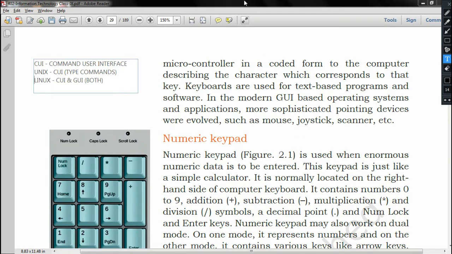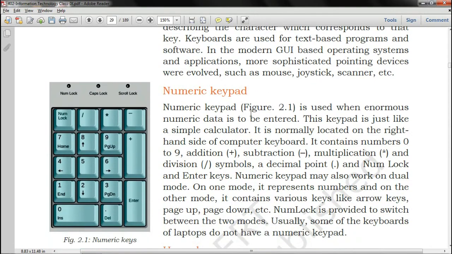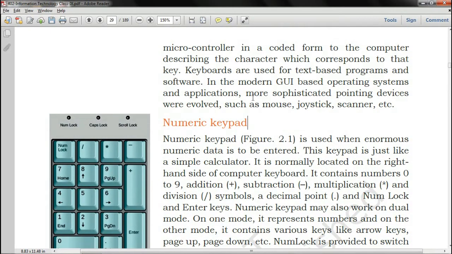Next is numeric keypad. Okay, on your keyboard, on the extreme right side of your keyboard, you are having a numpad, right? That is called numeric keypad, right?